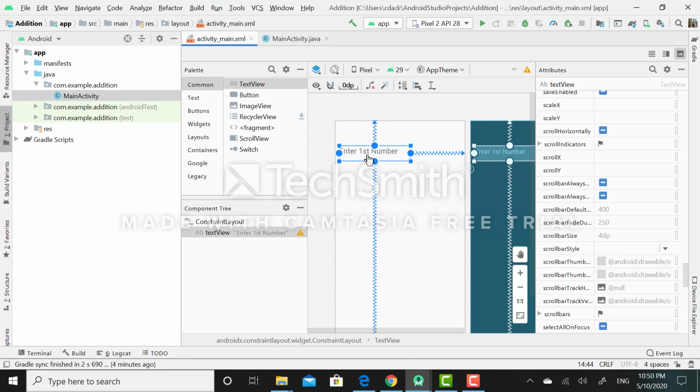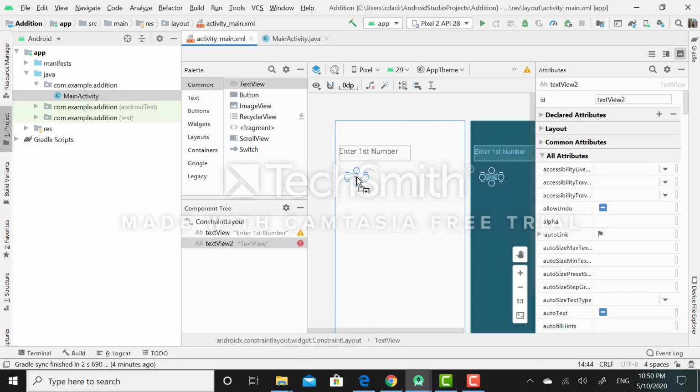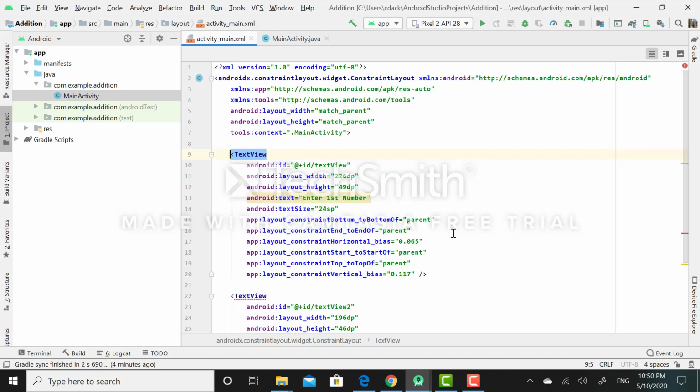In a similar manner I will drag and drop another text view. Again I will set its height and width. To make sure both these text view widgets look alike, I will switch to the code mode. So for the first text view, my height and width is 226 dp as a width and 49 dp as a height.